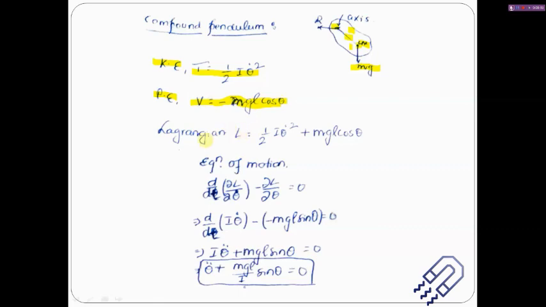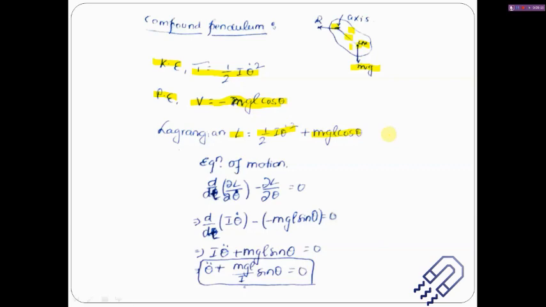So Lagrangian is equal to T minus V. T is equal to half I theta dot square, and then minus V, and V is nothing but minus minus, that is a minus, so it becomes plus. So this is mgl cos theta. Now, having said that I have the Lagrangian, I want to find out the equation of motion. I'll do it. Please try to understand what kind of questions might be possible here.